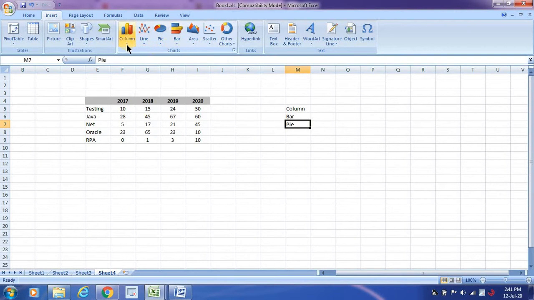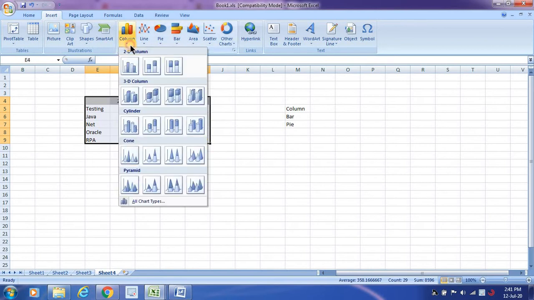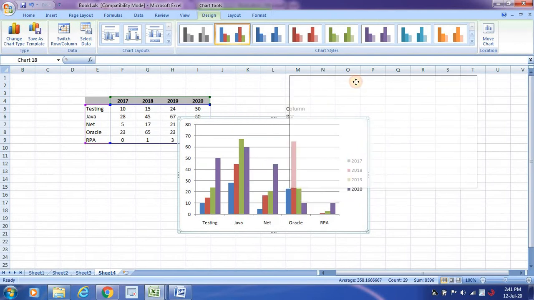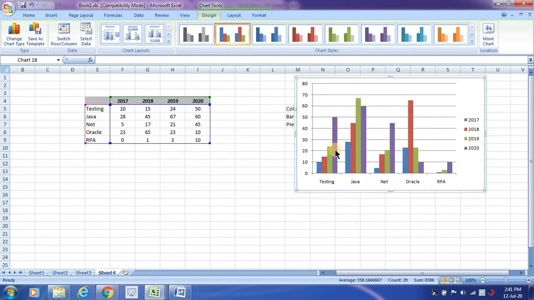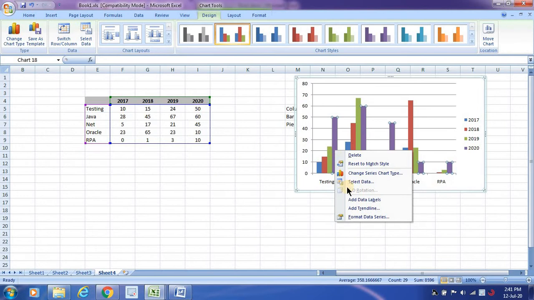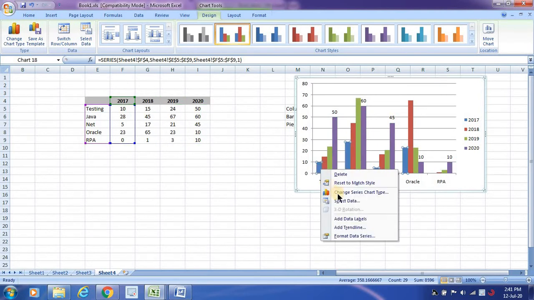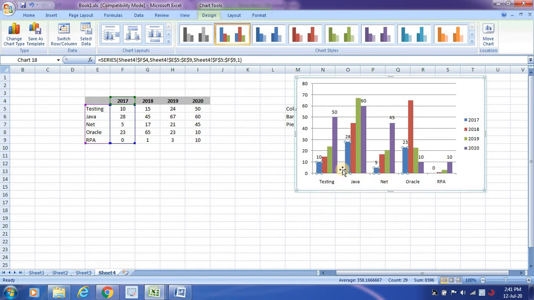If you look at column, which we have already seen, I'm just giving you the same example one more time. Select the entire data, click on column and select the graph type, then automatically you will be able to see the column graph. If you want to add the labels, directly right click and add labels. Automatically the corresponding labels will get populated here. Similarly you can do it for all the values. You can make a note of this if you want.